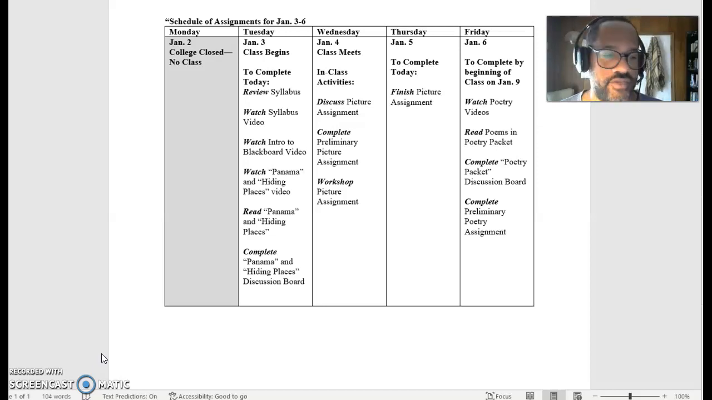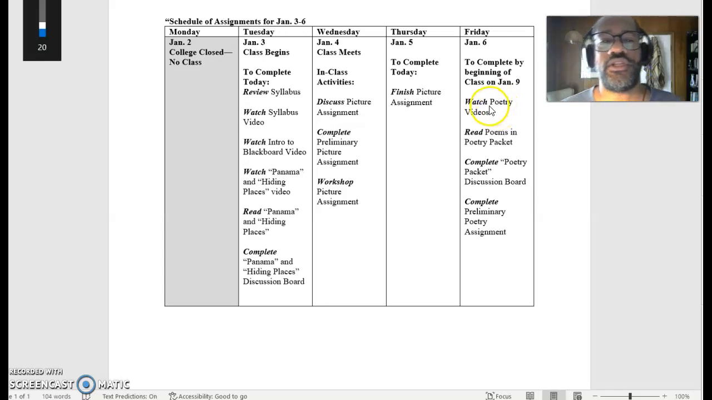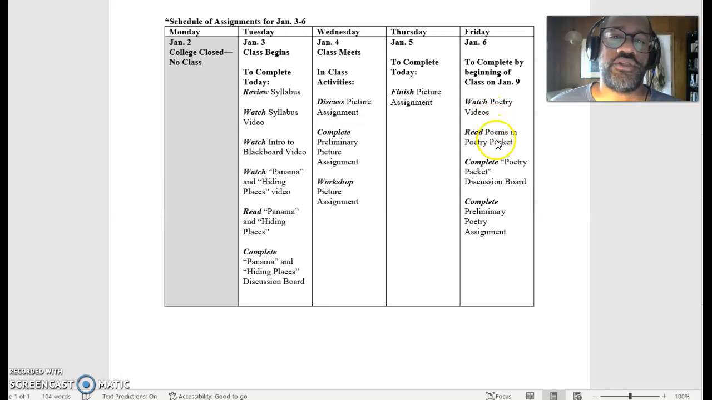Again, I'm sorry I meant to have these up by first thing this morning, but because of yesterday, things got a little bit behind. On our schedule, it says for January 6th, which is today, you have these assignments which need to be completed by the beginning of class on January 9th. That's on Monday. The things you need to do before then: watch the poetry videos, read the poems of the poetry packet, complete the poetry packet discussion board,